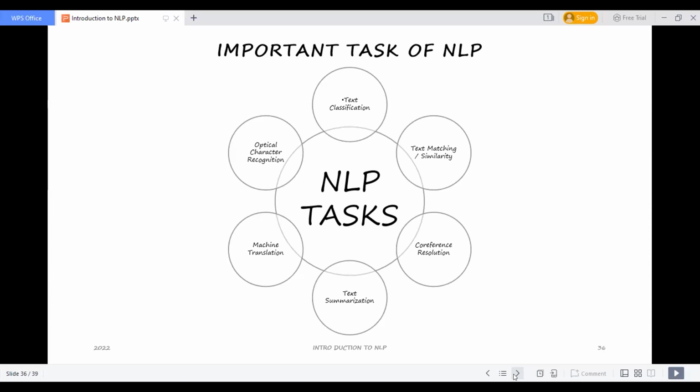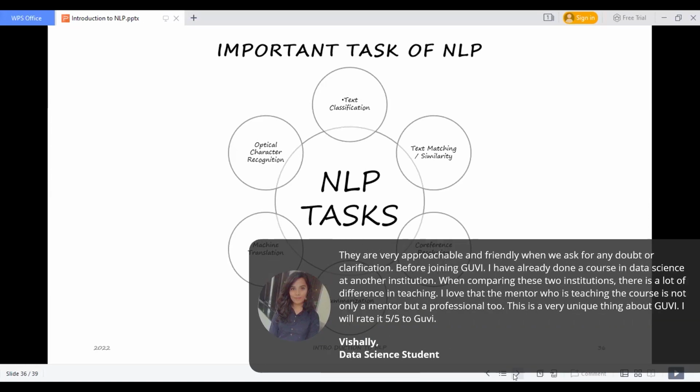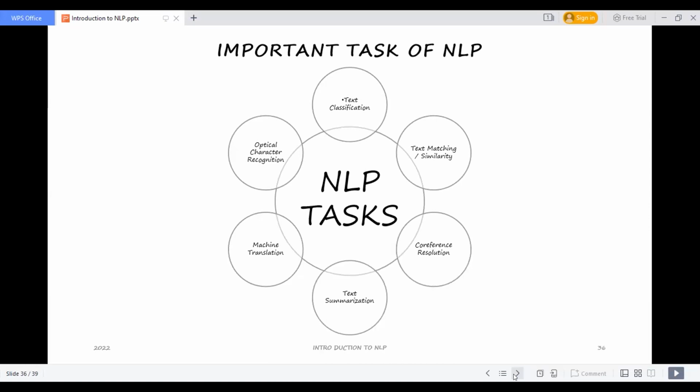There the text summarization comes into the picture. If any of you have a habit of reading research papers, we know the abstract is there. It gives the idea of what the paper is about, helping us understand it in a better way.